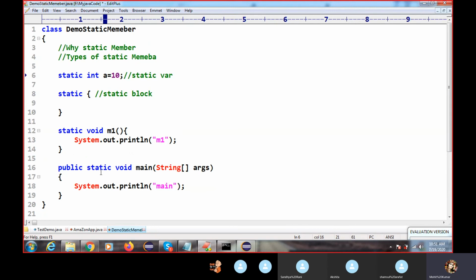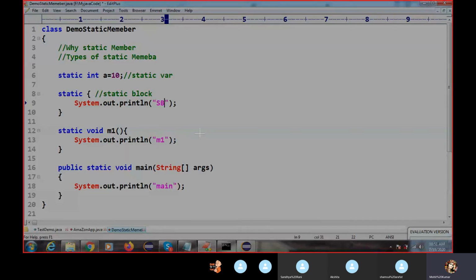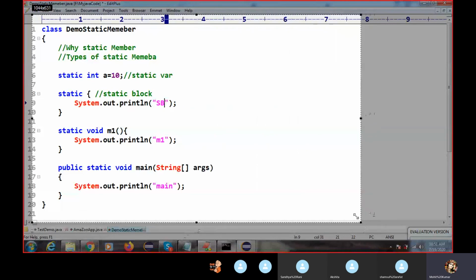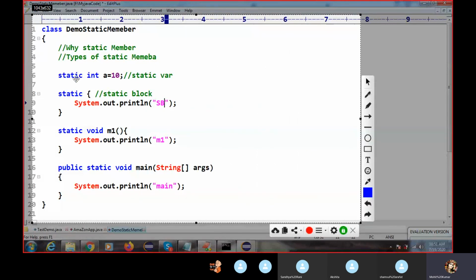You can see what the output will be if we compile this code. So this is your static block. What we have learned before and what we are learning now, here what will the output be? All these concepts are used in logical programming.